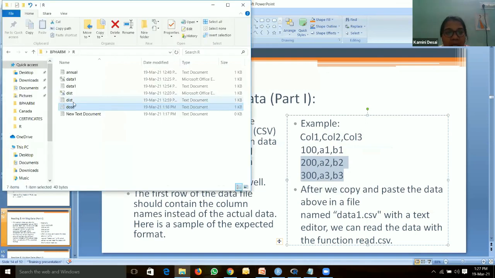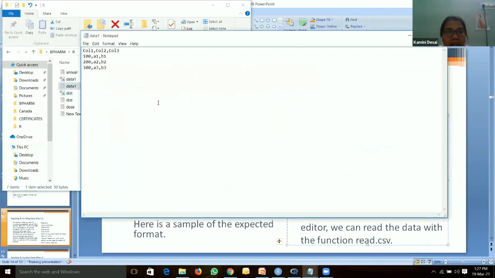Here I have already generated this data. You can see the screen. Column 1, comma, column 2, comma, column 3, and 100 A1. So this data has commas in it.